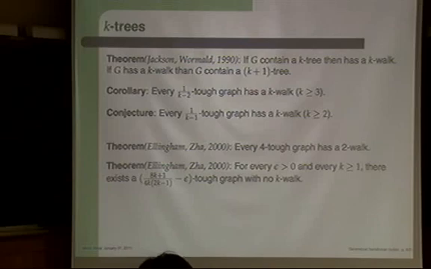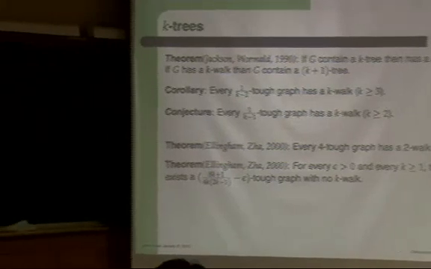This proof is similar to the k-trees, but the only difference is that it's known that if the graph is 4 tough, then it's 2 tough as well. And if the graph is 2 tough, then you have a 2-factor in the graph. It was proven, and what they did was take a 2-factor of a graph, so it's a collection of cycles,